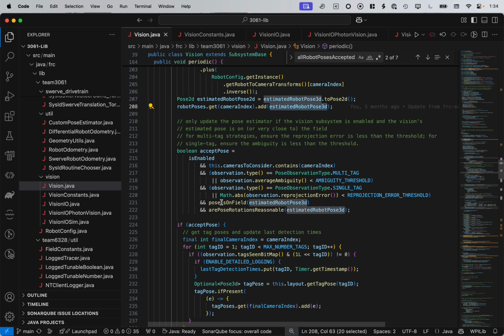We now need to determine if we're going to accept the pose or not. There are a lot of things we check, and we saw many of these referenced in the constants file. There are times we just disable the entire vision subsystem. It's more of a safety measure, like a backup measure if things go really wrong. So we check if the vision subsystem is enabled. Assuming it is enabled,